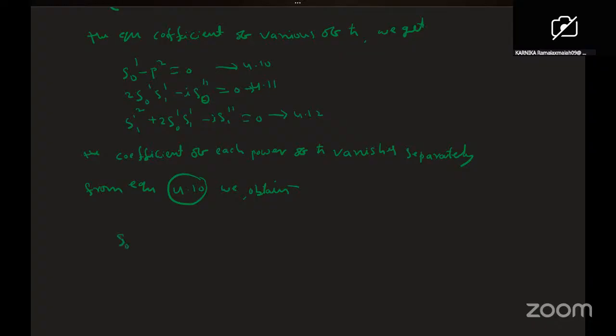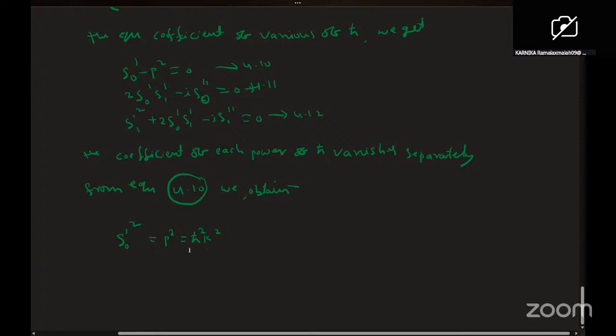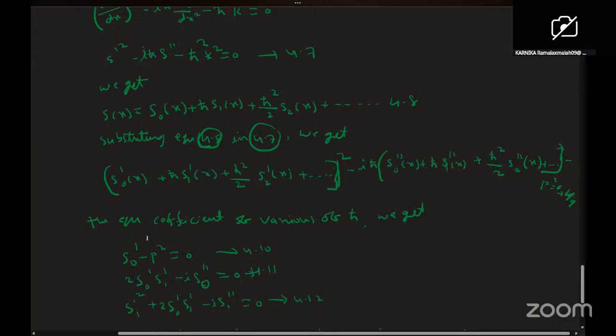Psi naught dash square is equal to p square is equal to h dot square k square. So this is the equation. We will take this one equation. Equating the coefficient of each power of h dot, we simplify this one. So here in this equation you observe this is the